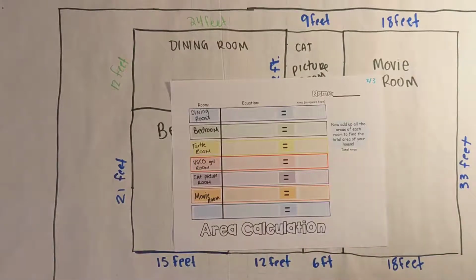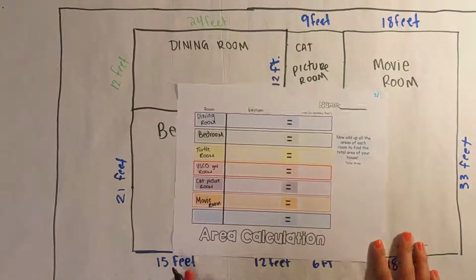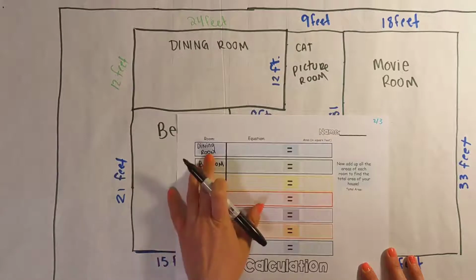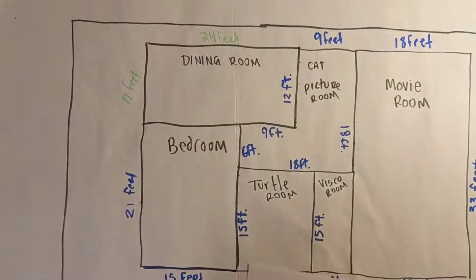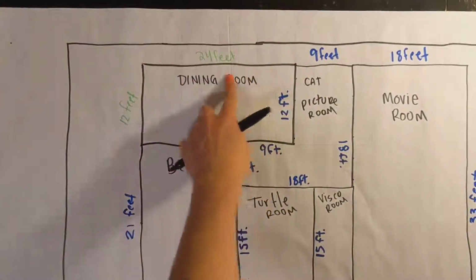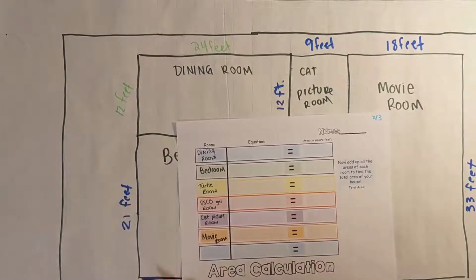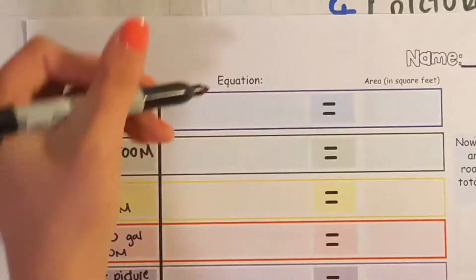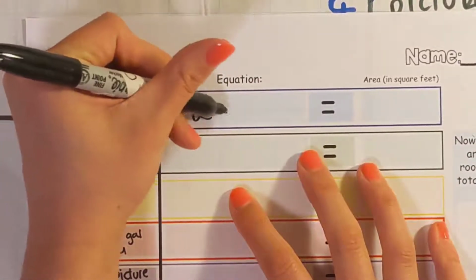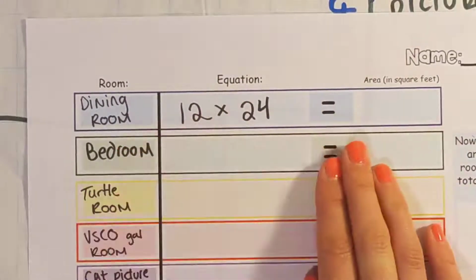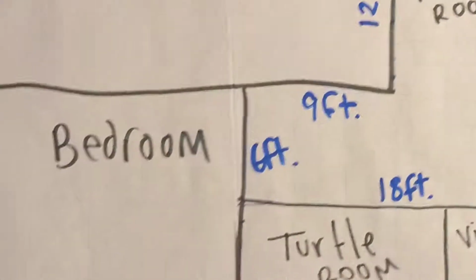Next, I'm going to write the equation for each one, and I am calculating the area. So to find area, you do length times width. I'm going to start with the dining room. The length is 24 feet and the width is 12 feet. So here on the equation, that's what I'm going to write. And I'm not going to do the math right now. I'm going to just fill in all of my equations. So the bedroom,